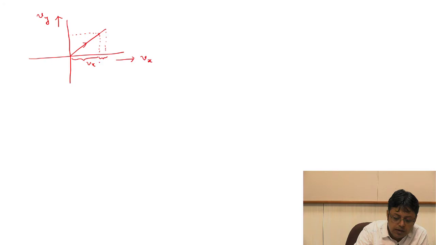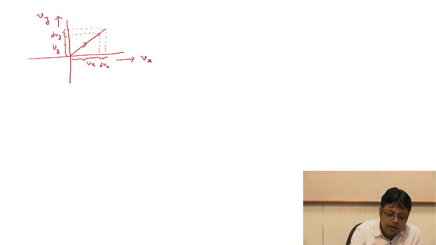So suppose this is dvx, and this is vy plus dvy. So now the question is, if I had taken the number of molecules with this kind of distribution, where the velocity is vx to vx plus dvx, and simultaneously vy to vy plus dvy,